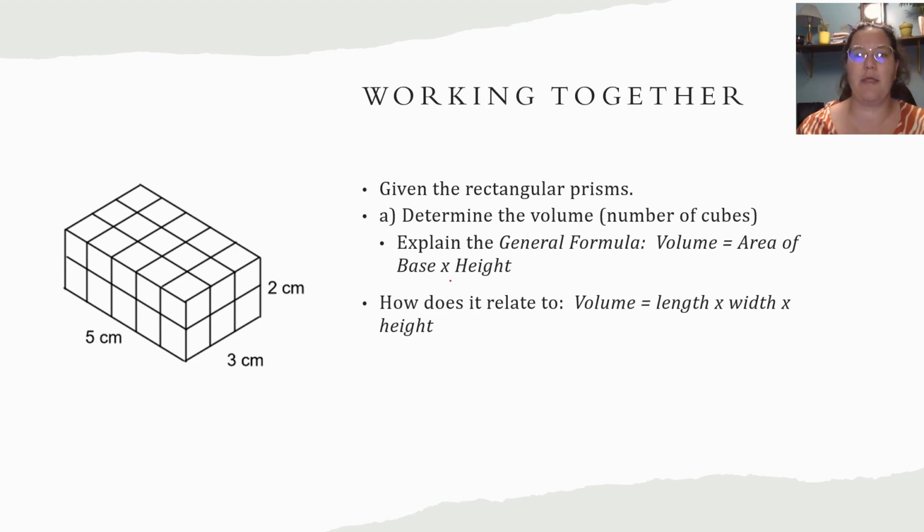So our area of the base, how much linear space that takes up, and then we're going to multiply that by height to get our volume. So the volume of this rectangular prism is equal to length times width times height,